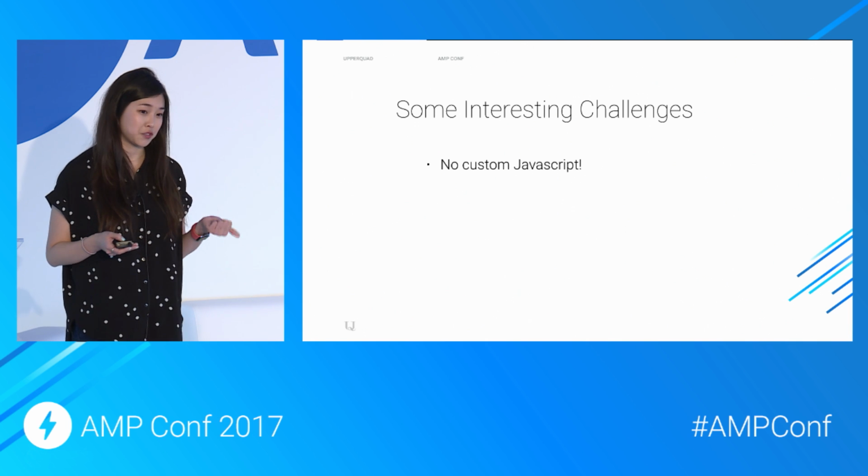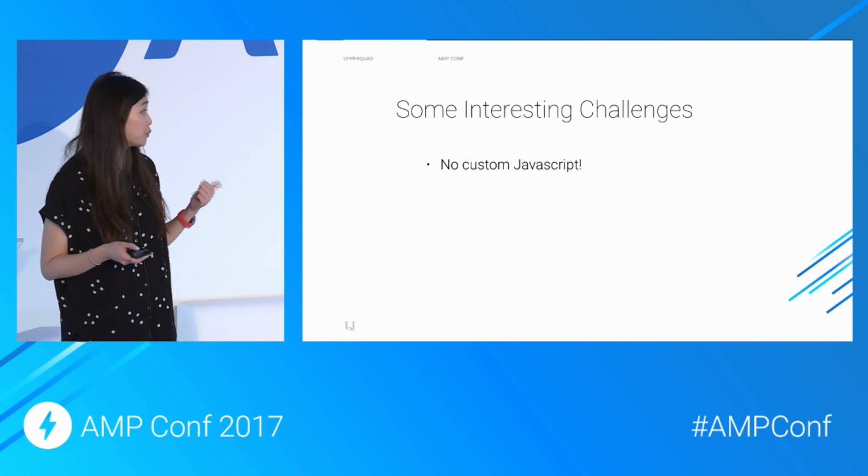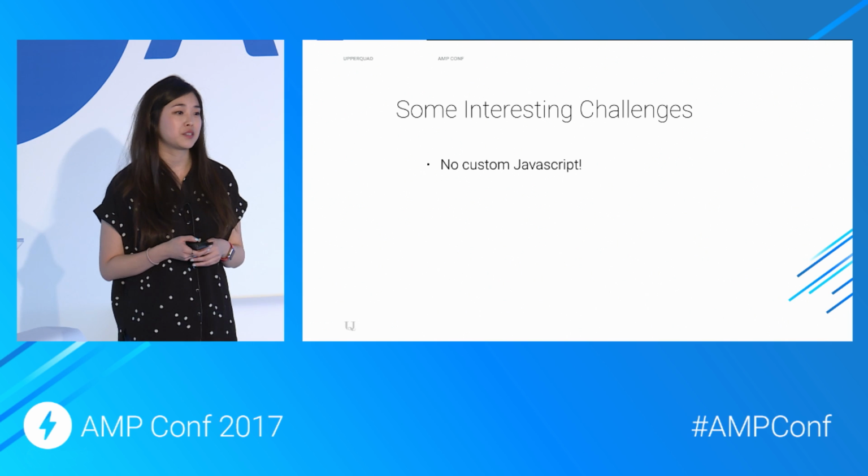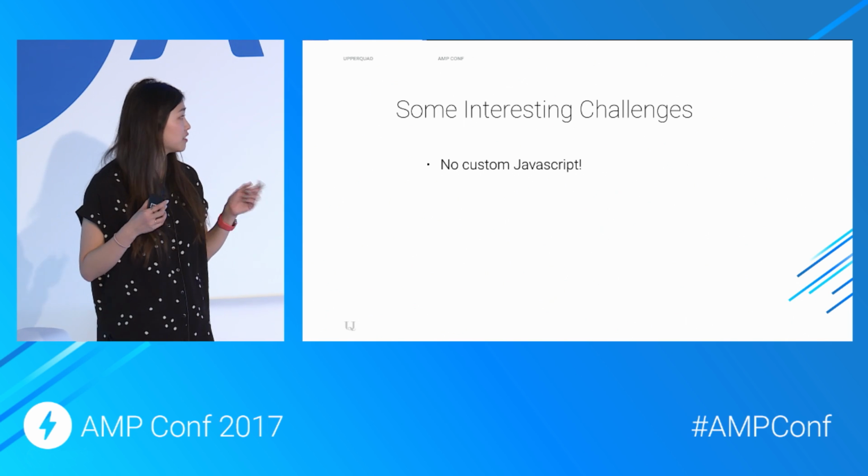There is no custom JavaScript allowed, and we super rely on JavaScript usually on our websites because we add these huge features and little tiny details that need it. So we really had to change the way that we thought about what we can design and develop. Luckily, although there's no custom JavaScript, we have AMP components to work with, so we had to learn about what those were, what they can do. They didn't really cover everything that our designers thought up for the site, so we had to figure out ways to get around that and compromise.